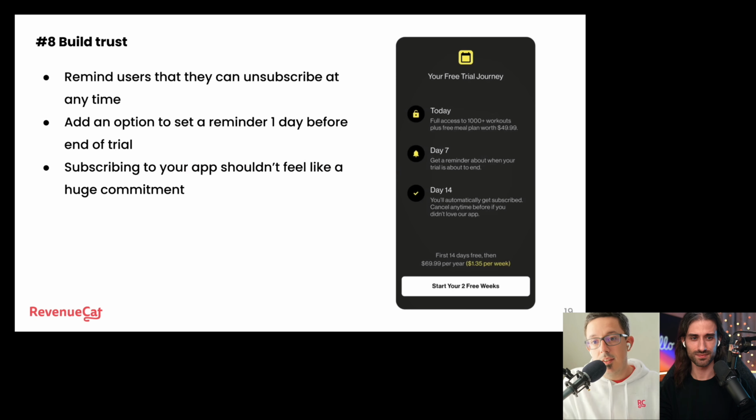lifetime value. And you probably want to track those users over their lifetime, because the users who do stick with you because you built up this higher trust, not just your paywall. Obviously, this is the whole journey. But if you've built a higher trust with that cohort of users, they might have a higher retention rate than other cohorts because of that, right? Even longer than just whether they converted off of the trial or not. There's a lot of variables here, but I think it's also just a good thing to do, to treat users respectfully and build that trust.